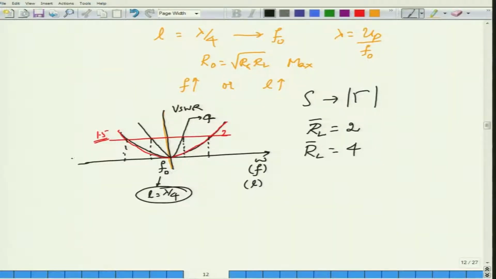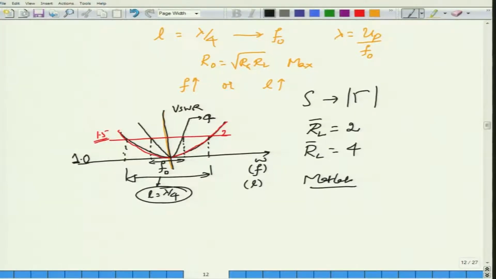So starting from the minimum value of 1 at the design wavelength, they will quickly hit 1.5, and you see that the larger is the impedance ratio, the smaller is the bandwidth. The bandwidth is slightly better when your impedances are of the same order in which you are trying to match. So this is how bad the quarter wave transformer does as you move away, and you will have an opportunity in the tutorial sheet to actually perform all these calculations using MATLAB and plot this VSWR as a function of